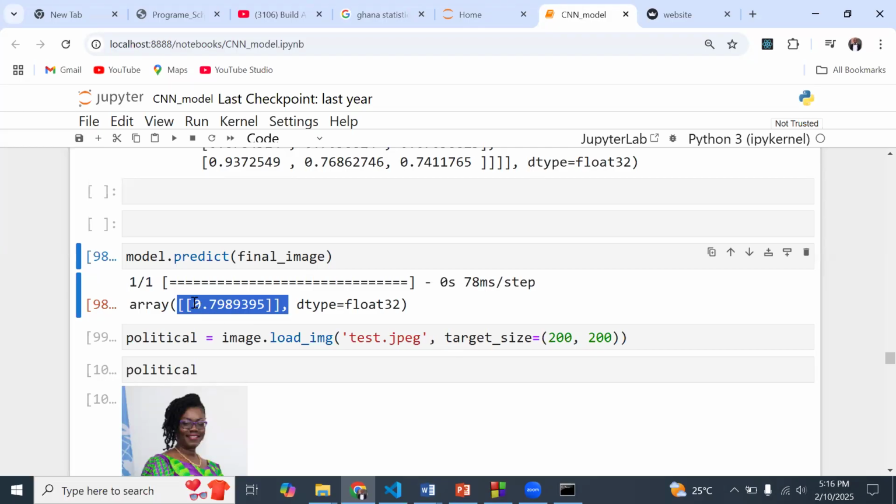But if we actually want this particular value, then we need to do some slicing, because the first square bracket is going to take one slice, and the second one is also going to take another slice. If you understand what I'm saying, this is what I mean.